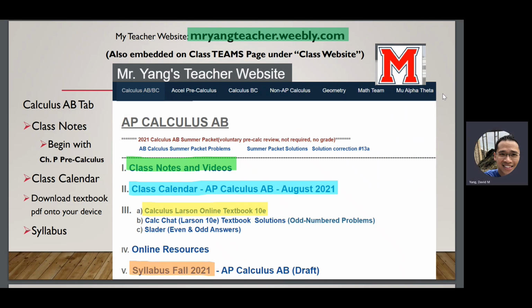So if you go to this Calc chat link, and you just specify which problem you're dealing with, whether this is chapter 1, section 1.3, number 5, you can click on that and it'll give you the full solution. So, even if you're struggling with a problem, you should be able to at least look at the solution, at least show that you're trying to think it through, right? Even if you don't understand everything. Because if you don't understand everything, I'll still spend time going over it the next day.